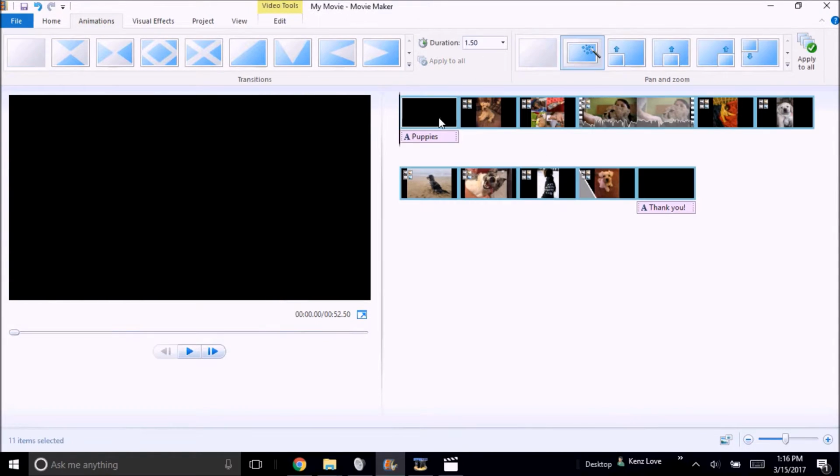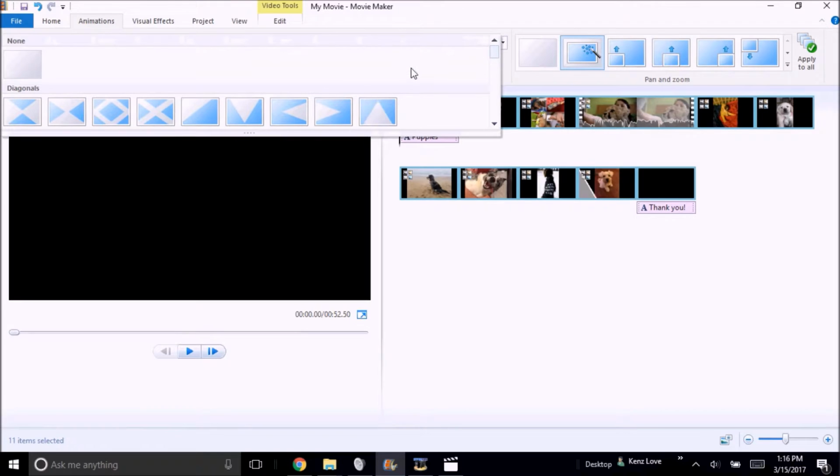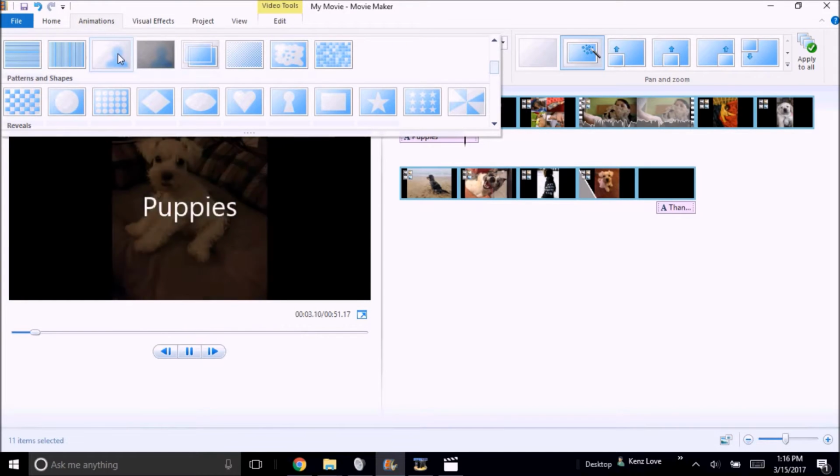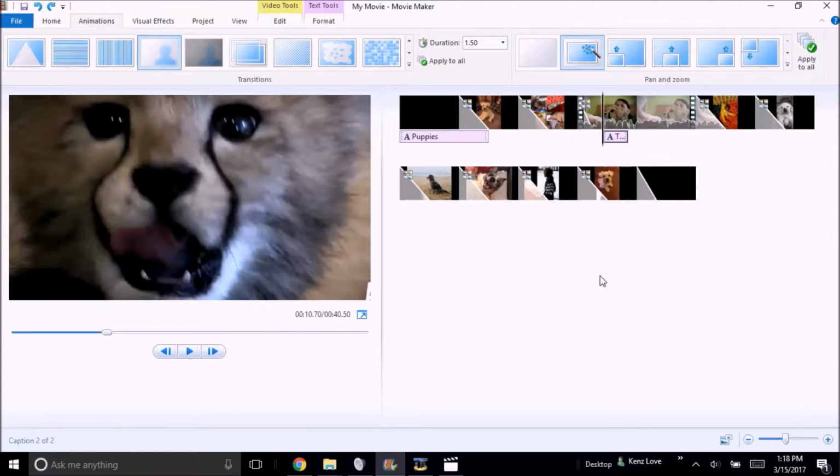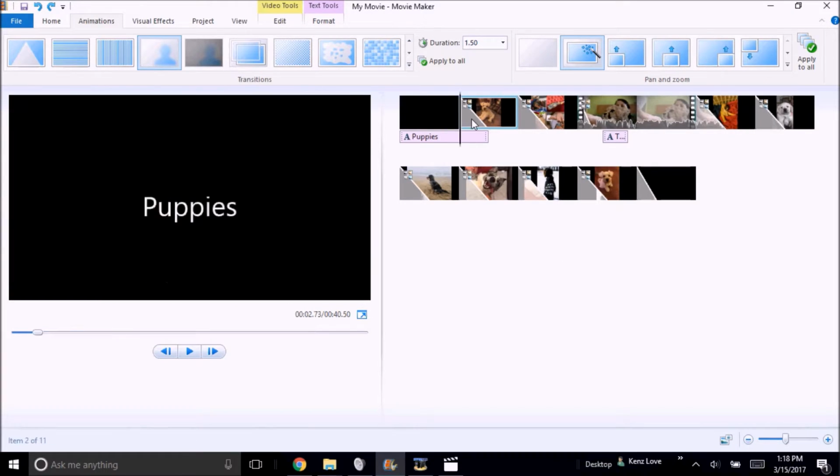So we're going to apply that to all of our pictures here. So we're going to click down, scroll down and click the blur. Now, you're welcome to use any transition you like. My favorite to use is the blur. As a quick note, whenever we added the blur effect, that adds some time to our transitions because it